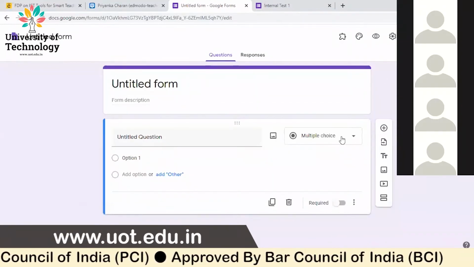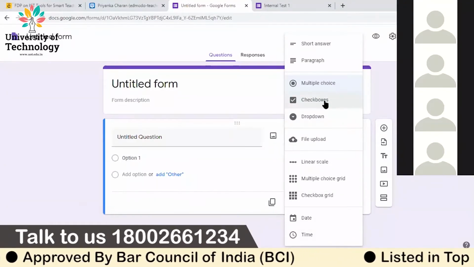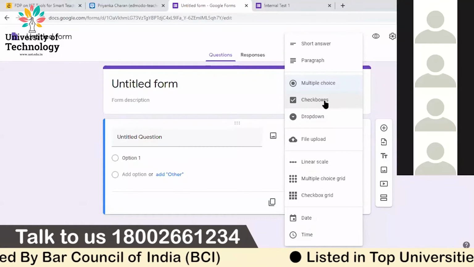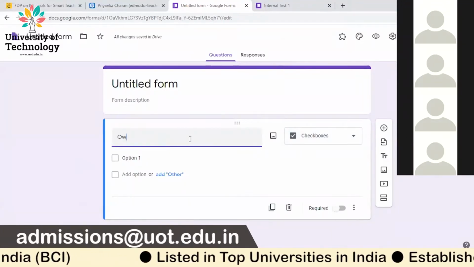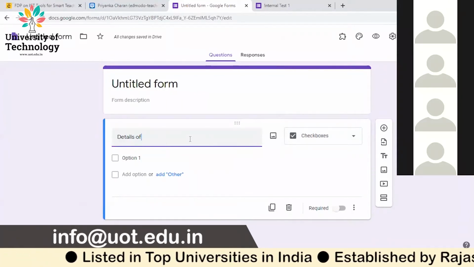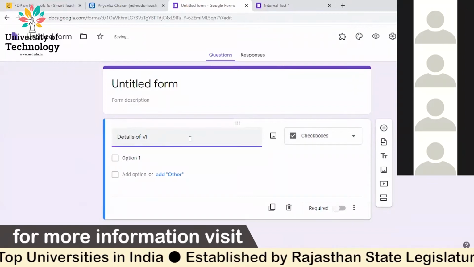See the question here, multiple choice. For survey, for example, check boxes can be there, for example, interest of the students. For example, details of vehicles used at home, as when the government is conducting a survey.